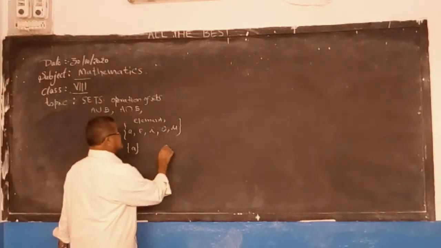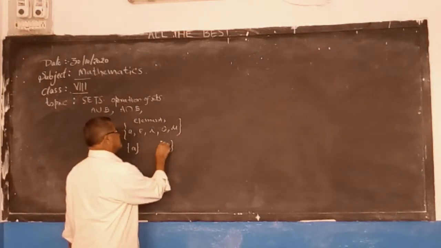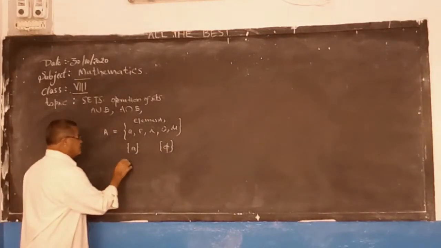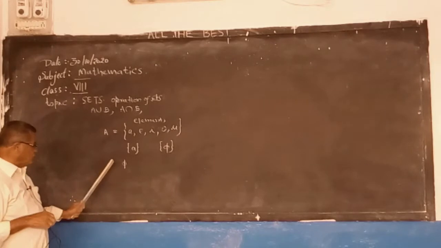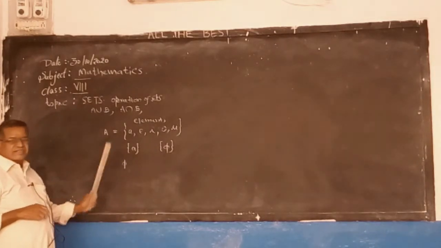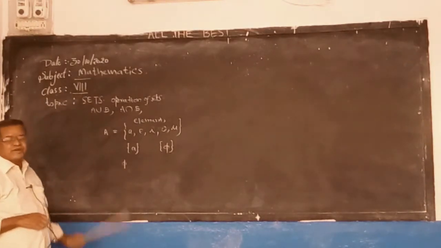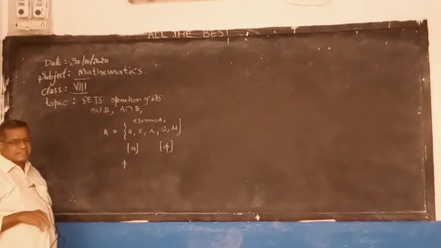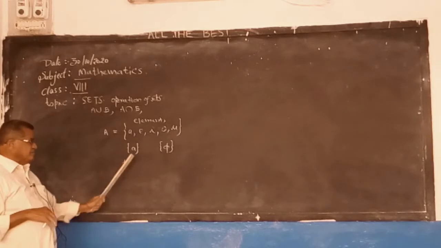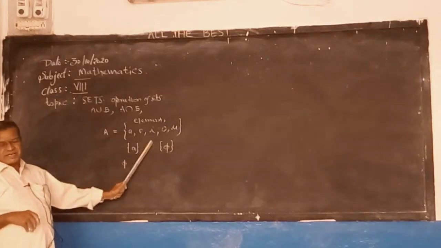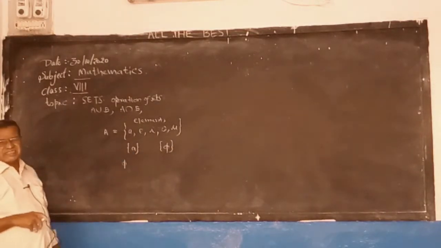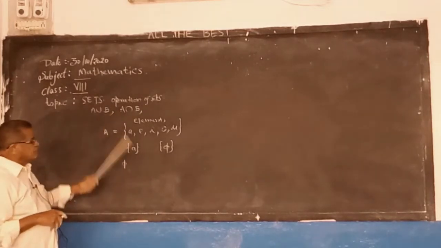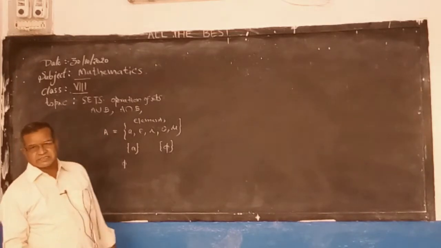And this is a set containing phi as an element. Generally we use phi for the empty set, but we don't write curly brackets here. This is the symbol used for the empty set. In the previous class I explained, don't write brackets. When you write brackets, it becomes a set which contains phi as an element. So this is the way of writing a set.